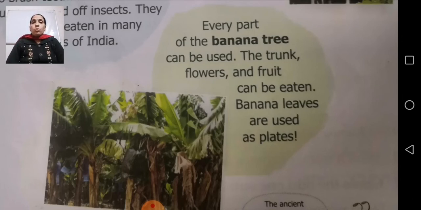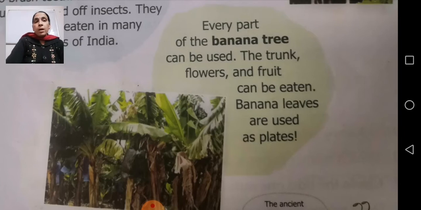trees. So the restaurants there and the owners of other street food stalls were serving the food in banana leaves. Now these banana leaves are used to make plates. The plates which are made up of banana leaves are a little bit costlier, but they will be used by each and everyone.